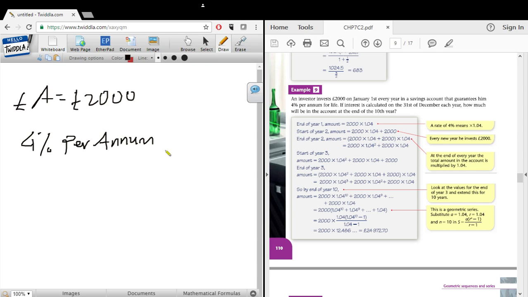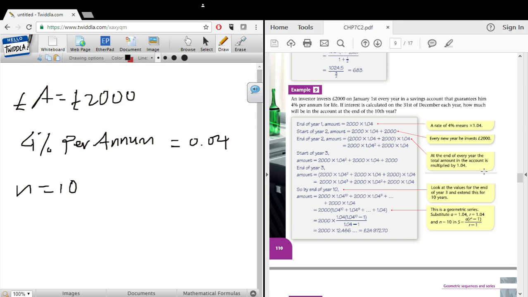4% per annum. If the interest is calculated on the 31st December, how much will you have at the end of the 10th year? So n is 10. Okay, so just extracting this data, in other words, this will be 0.04 in decimal. Okay, and again, you just need to follow the procedure of what we've done before with our previous example, and